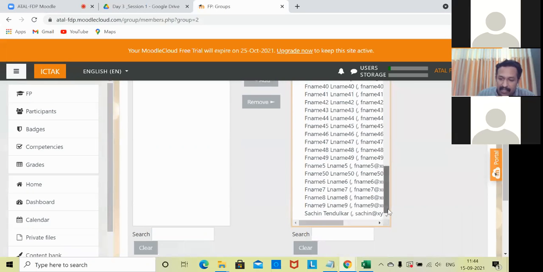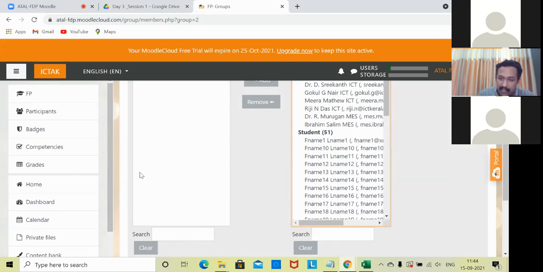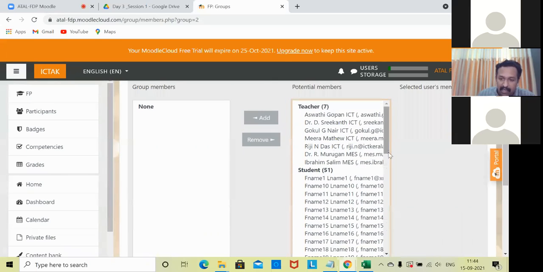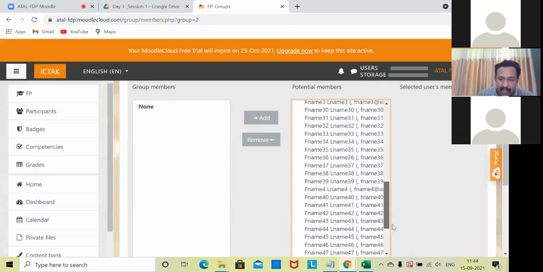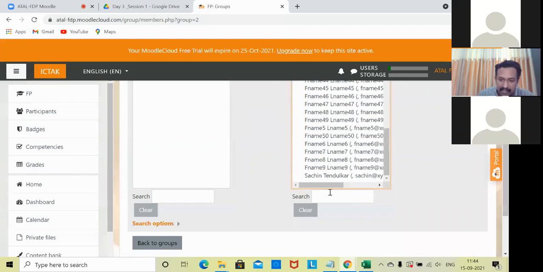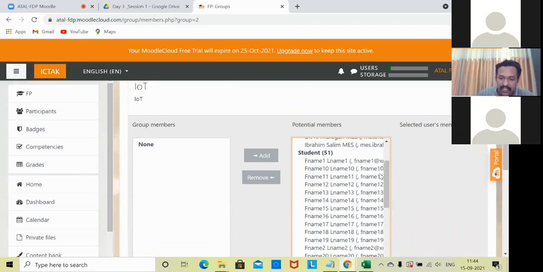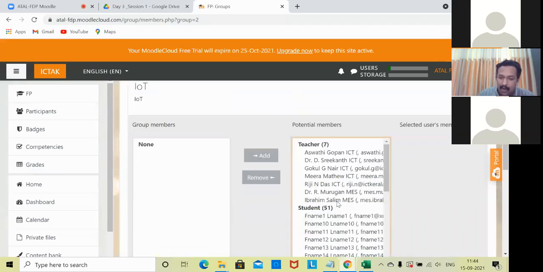You know that some other users are also there in the whole system, but it is not kind of Rohan and all there. We have seen it in the site administration, but it is not here, right? Which means it is enrolled. The group is actually going to be implemented only for these students, right?